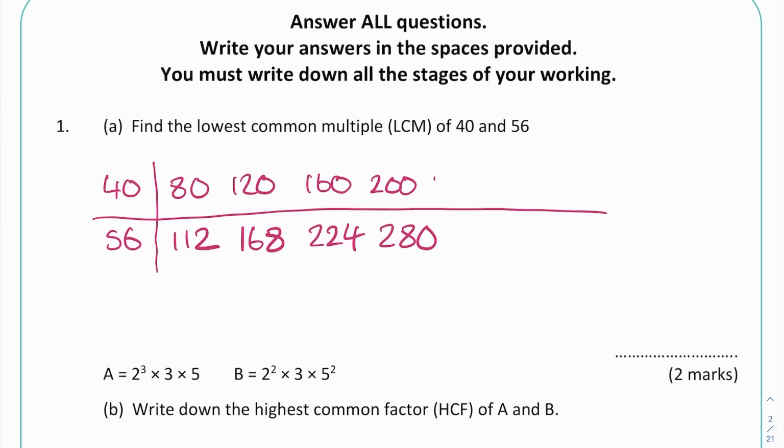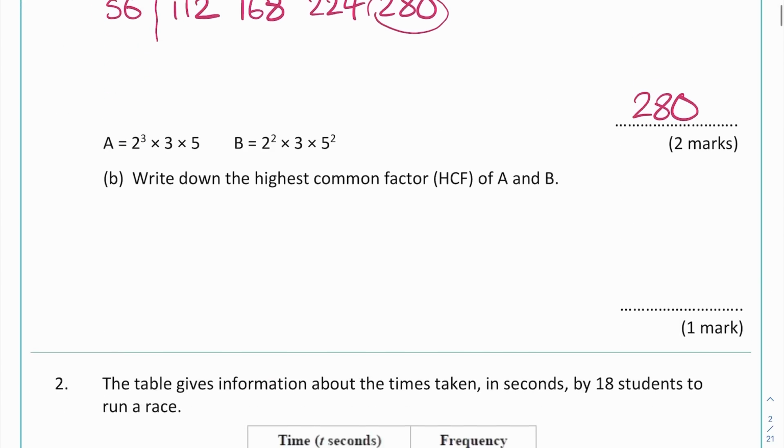I know what I'm doing. Depending on how many I had to write, if it was like a list of 50 or something, clearly you wouldn't want to be writing those down, but 280 is our lowest common multiple there, so there's our final answer. For part B here, we're asked to find the highest common factor of these two numbers,